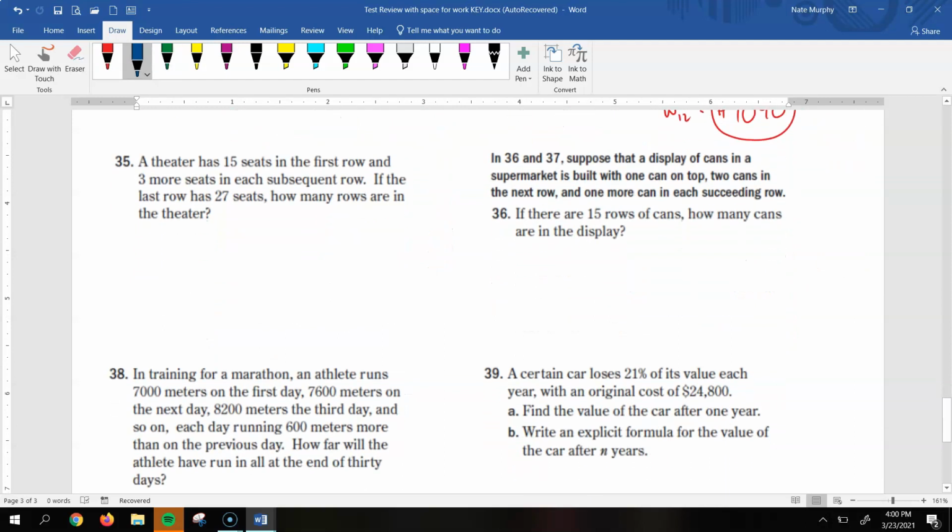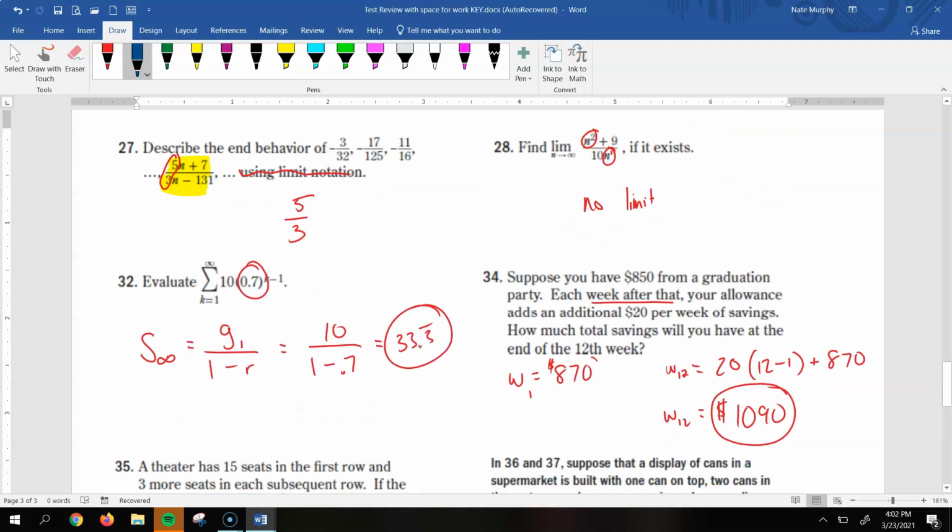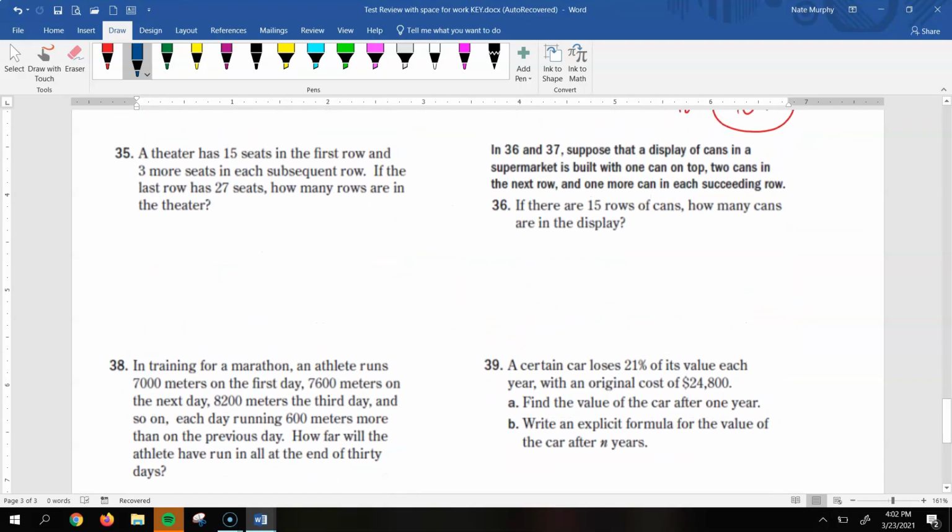All right, let's look at 35. In 35, it says a theater has 15 seats in the first row and 3 more seats in each subsequent row. If the last row has 27 seats, how many rows are in the theater? All right, so this is one where it is not a sum of a series. We're not trying to find the total number of seats, we're trying to figure out how many total rows there are. And so we're going to use our explicit formula for an arithmetic sequence, which is this,